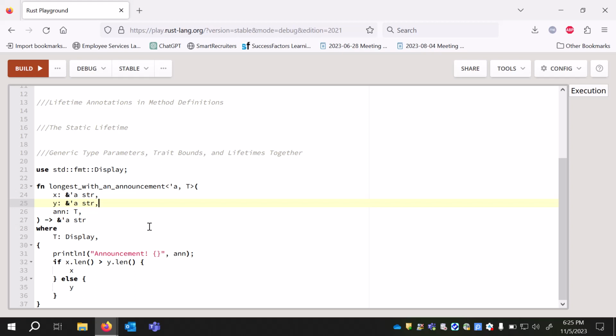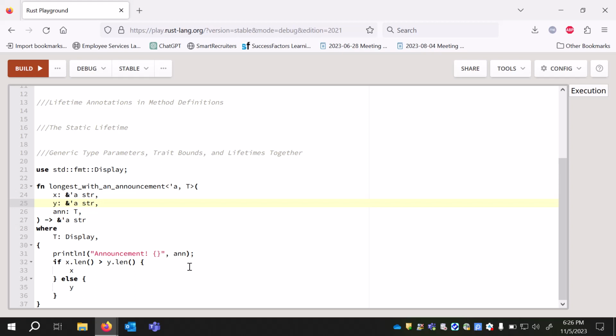The extra parameter that we have will be printed using the curly brackets, which is why we need the Display trait bound. So this is how trait bounds, generic type parameters and lifetimes look together. We've used it in a simple code snippet, same as our longest function, which returns the longer string. We have written the implementation part here, and we're printing the longest result